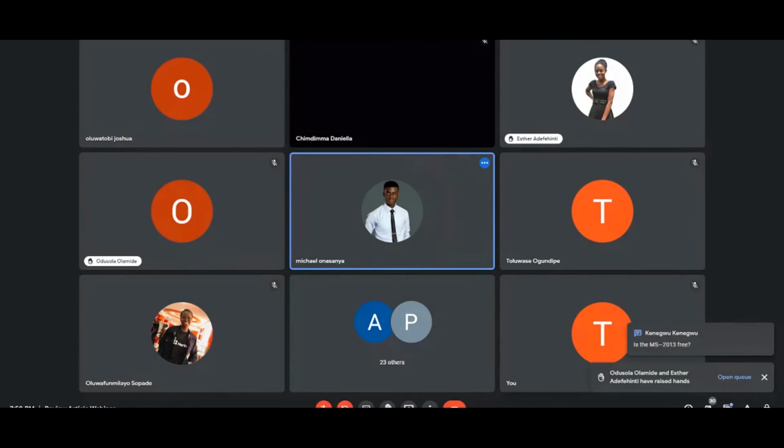Okay. There are some popular student journals on which you could publish your articles, local and international. For example, people from Ife could publish their articles in the Ife journal.